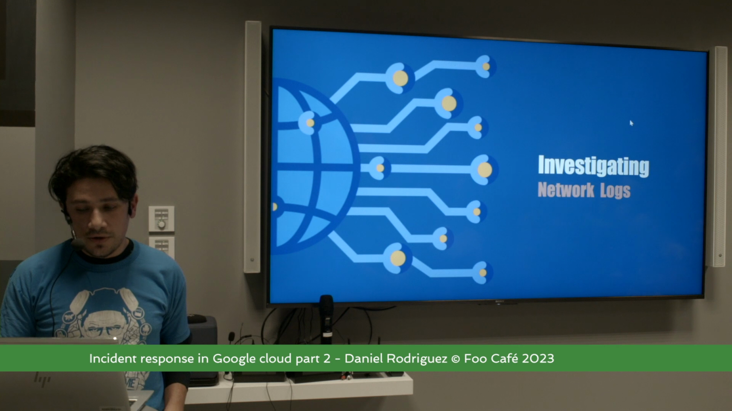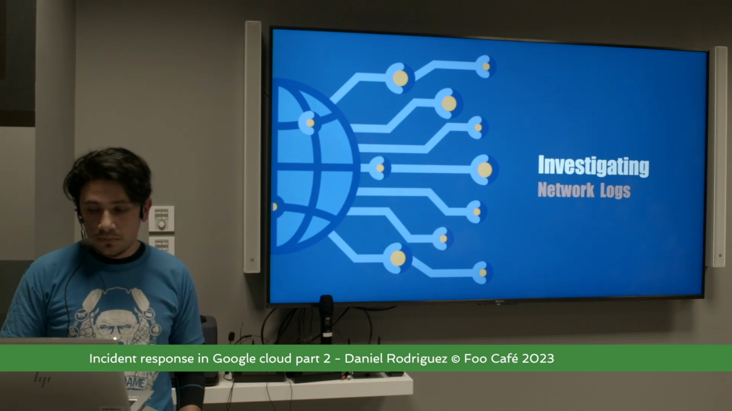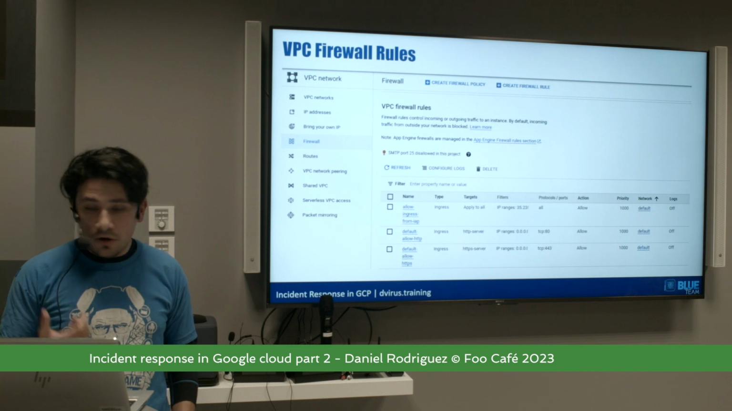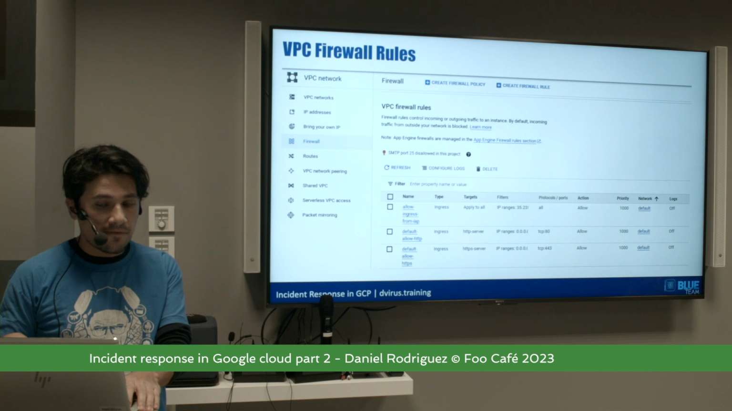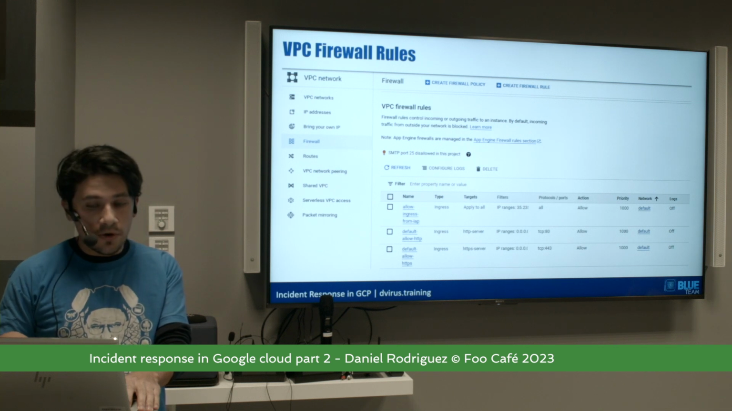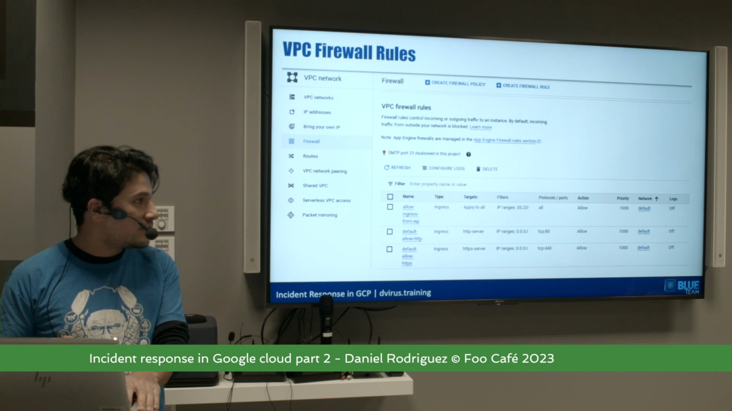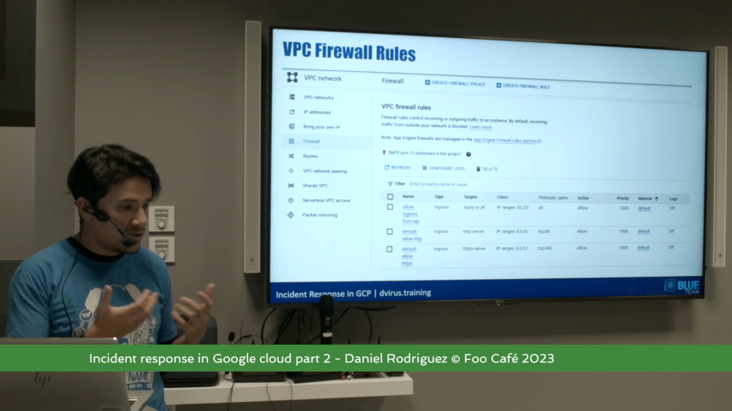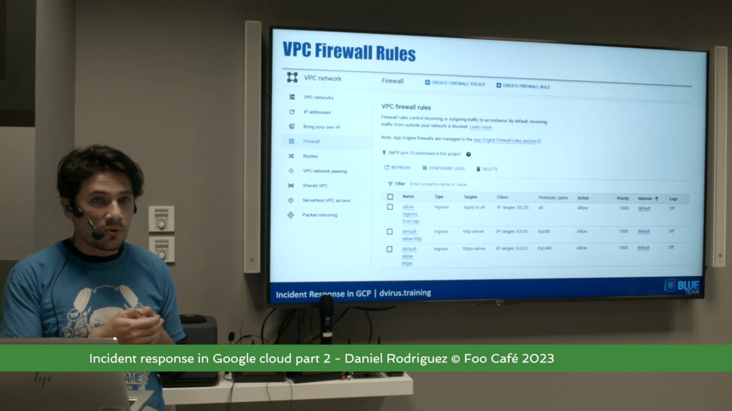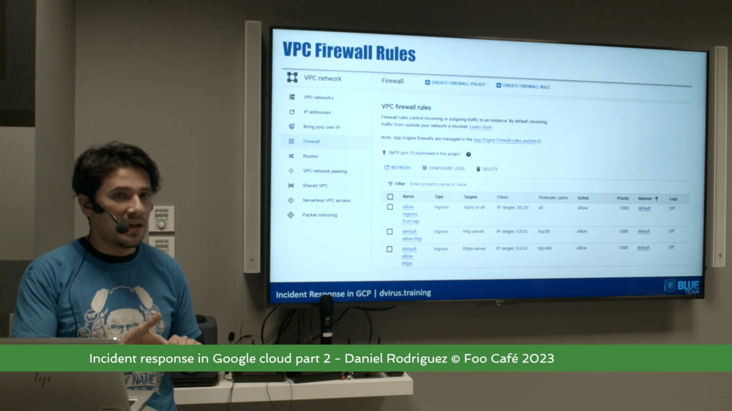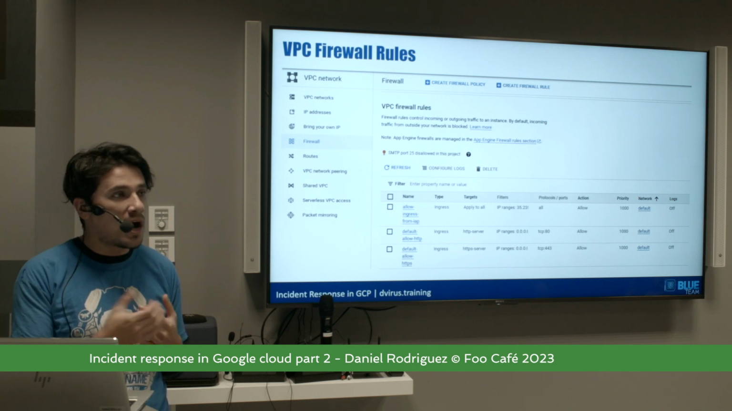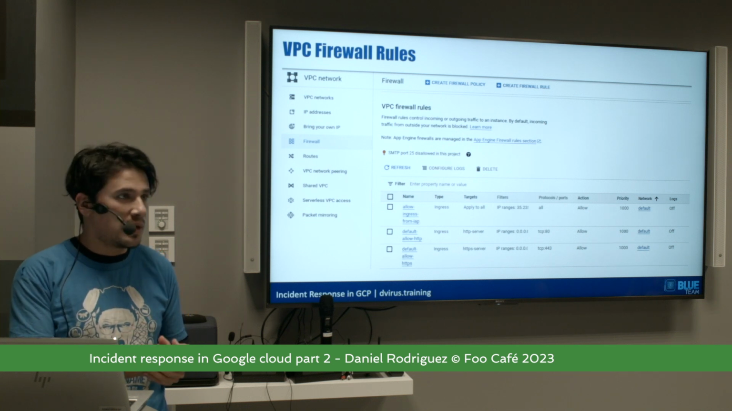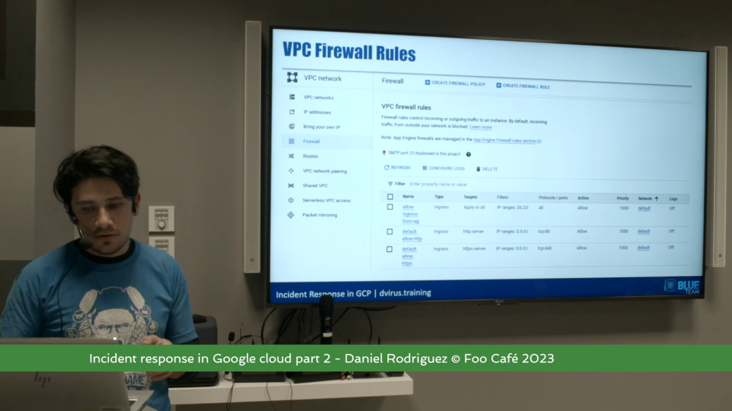Good. Now it is time for network logs. Network logs are disabled by default, and we need to add or enable firewall rules. For each firewall rule, we need to enable the log. So it's not an easy task. To be successful in this task, we need to understand what is the most important traffic. In this case, if it's a web application, I will select the rule that allows the HTTP and HTTPS traffic to my virtual machine, and just select that